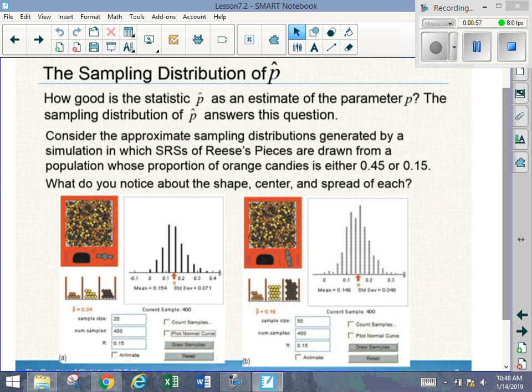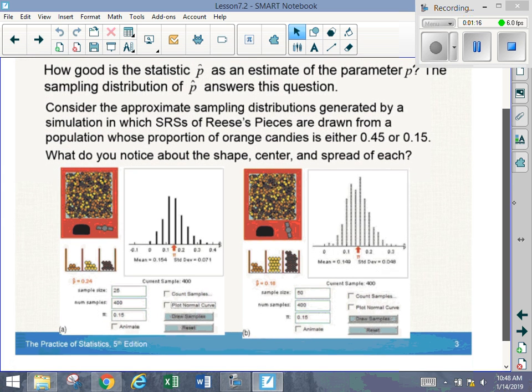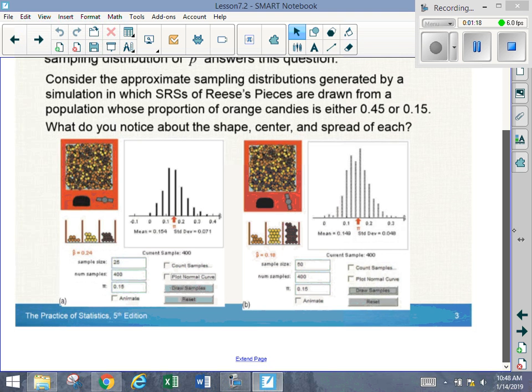All right, so we want to know how good the statistic p hat is as an estimate of the parameter p, which is a population proportion, right? So we've got a sample proportion and a population proportion. Okay. So if we look at these sampling distributions of Reese's Pieces, which we're not going to bring into the